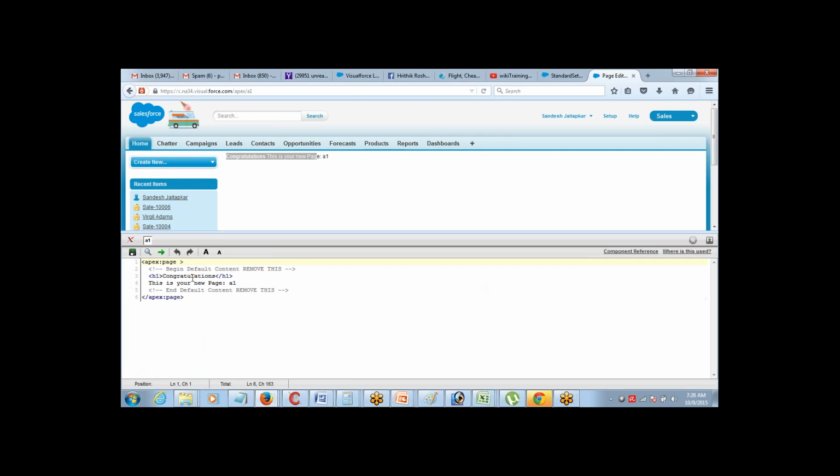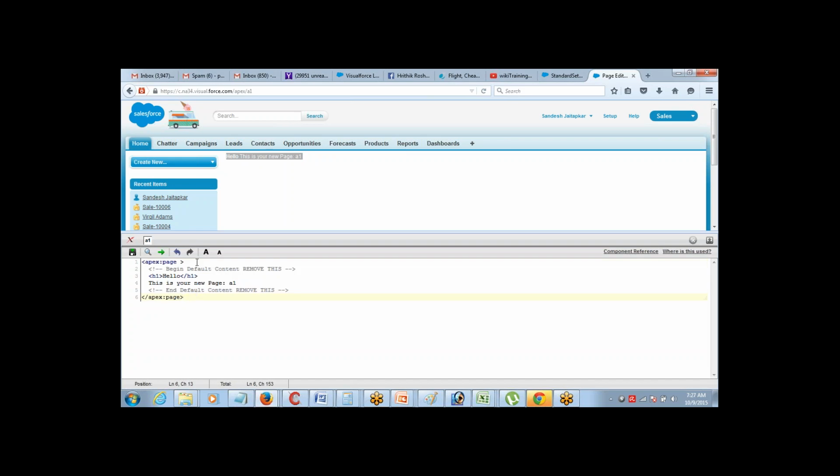Any changes that you make in the code will get reflected here and you can see the changes on the page directly. So instead of congratulations, if I want to write hello, after making the changes, you should say save. See, it has changed to hello. Now, with the help of this code, you are going to completely control this user interface. How is it going to look? What data you want to display here? Whatever markup you want to bring on this page needs to be controlled using this program, right?